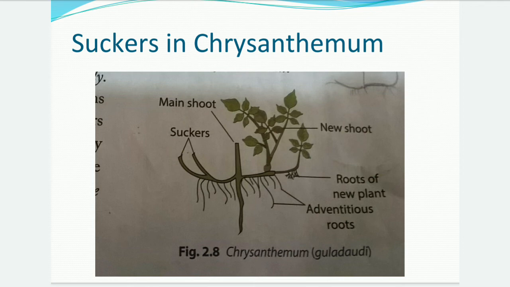You can see some roots arising out of these, and then these roots develop and a new shoot arises at that place, and then these get detached from the main parent plant body, the main shoot, and in this way new independent plants are produced. So you can see here all three, that is runners and stolons, offset and suckers, are subaerial stems and help in reproduction of new plants.